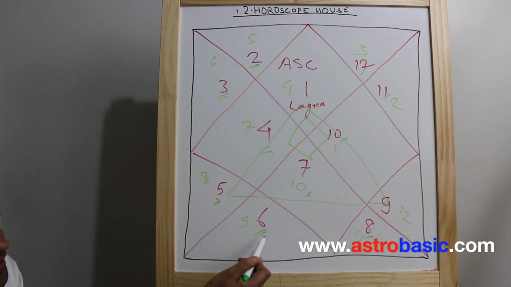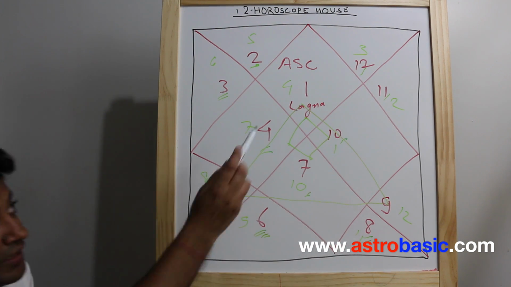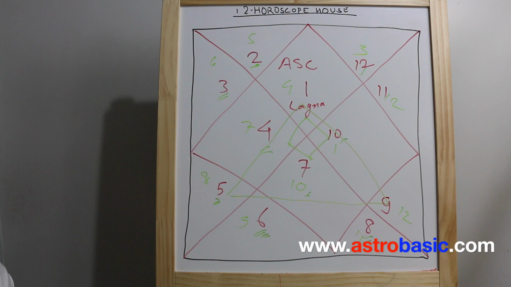There are 3 houses, the 6th house, 8th house and 12th house. These 3 houses are considered bad houses. Bad in the sense that good or bad is a relative term. It does not mean always bad, because they deal with events like accident, death, debt, loss, imprisonment, hospitalization, those things away from the family. That's why we say it's bad, but we require these things,